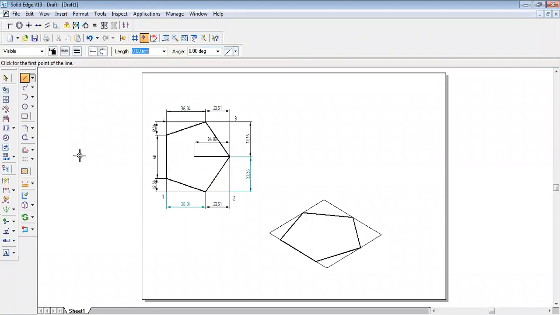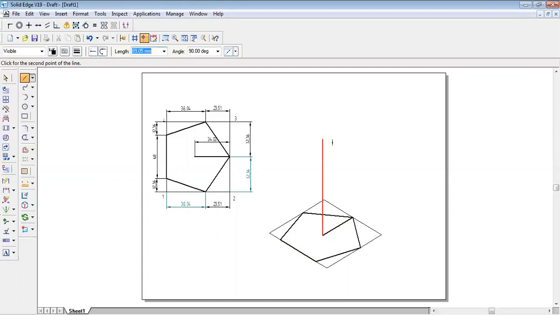Okay. Now we'll proceed. Once we have a pentagon, then we have to draw the midpoint. What is the midpoint here? 34.03 from this corner. From this corner, I have to select and type 34.03. And what is the angle? The angle is parallel to both the planes. That is, now we have a midpoint.